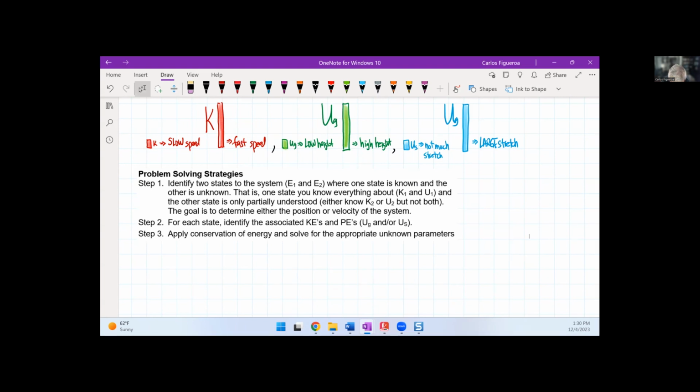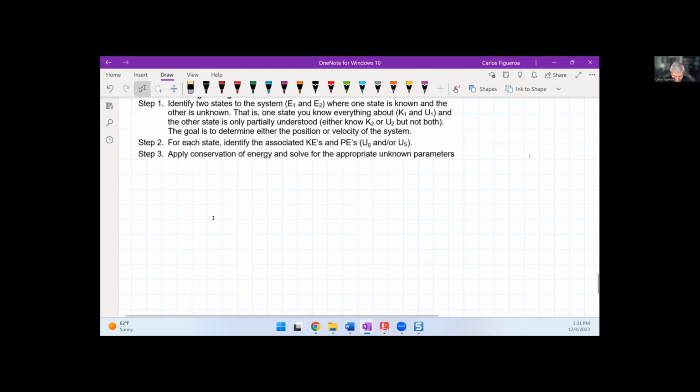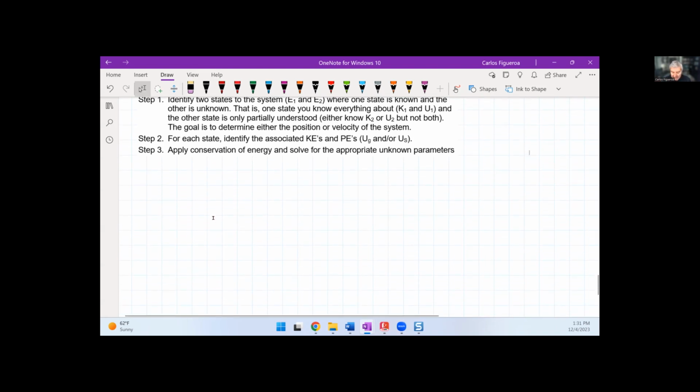Then for each state, identify the associated kinetic and potential energies of those points, and then apply conservation of mechanical energy and solve for the appropriate problem. So let's go look at some simple examples and apply this. So here we go. So as examples,